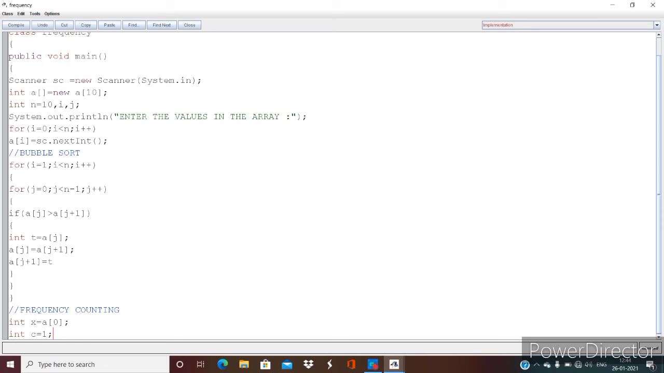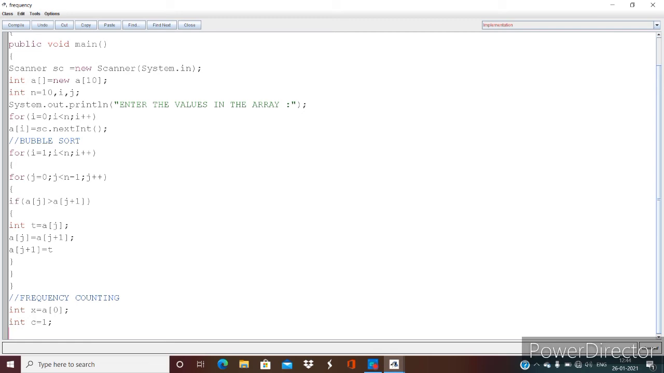So whatever the first value of the array is, it may be 2, it may be 3, it may be 4, whatever it is, that will occur at least one time, if not more. So I've taken a counter c and initialized it to 1. Now I'll take a loop from the second element of the array, that is i = 1 and not 0, i < n, i++,